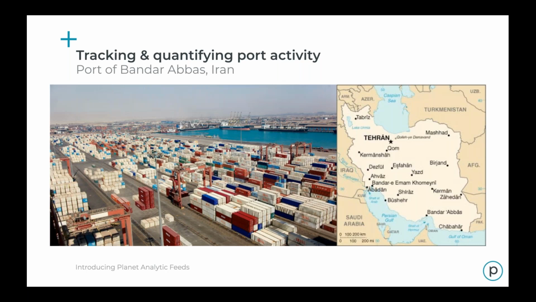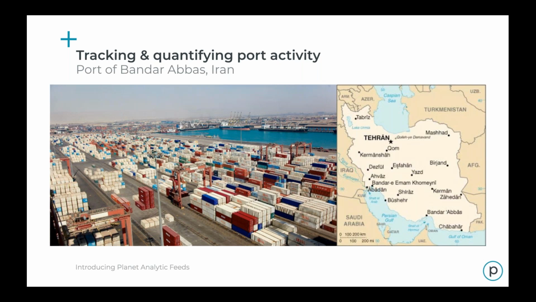And lastly, let's move over to a totally different part of the world, the port of Bandar Abbas in Iran, which is located on the Strait of Hormuz, where basically a big majority of the world's oil travels through this strait. And so it's of particular interest now, too, because the U.S. imposed sanctions on Iran in 2018. And so a lot of people are looking at this port to get a sense of not just the levels of activity, but also any